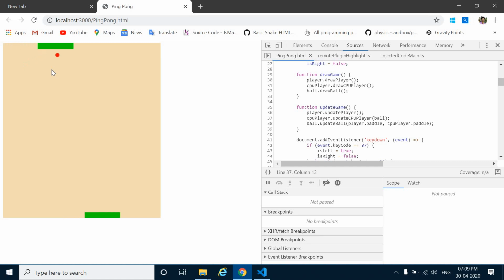Yeah, so see, it's moving with the relative position of the ball, and here we are having the another. So this is the game, and thank you guys for